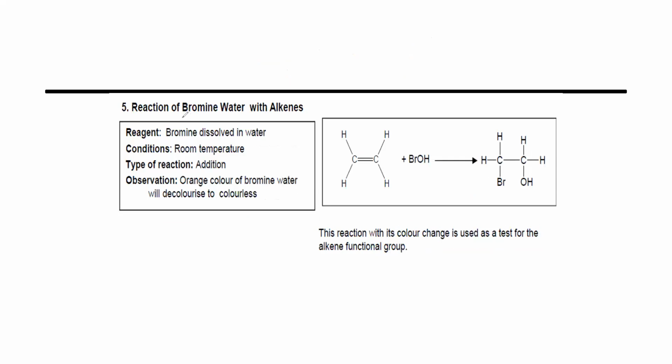Same thing, reaction with bromine water. There is a difference between bromine water, aqueous bromine, and bromine in a liquid state. Bromine water means bromine is dissolved in water. So the formula for bromine water is HOBr. You can write BrOH or HOBr, both are correct. But if it is bromine in a liquid state, then it is